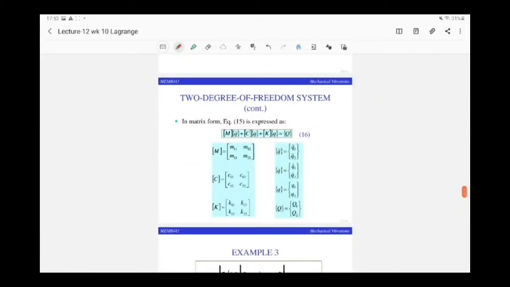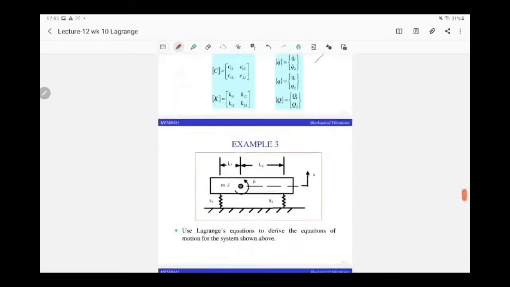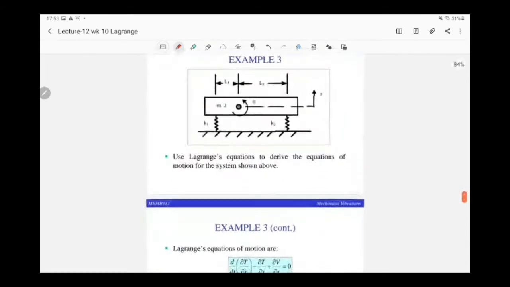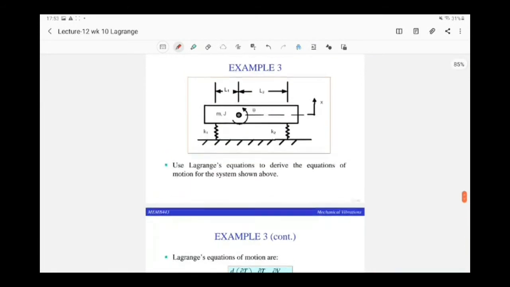So this is how it looks, because in a 2 degrees of freedom system, you may want to write it in matrix form. Your EOM will be in matrix form. We go straight to the example, so it'll be easy for you. So we want to use Lagrange equations to do this. Normally to derive equations of motion, you do need to draw the free body diagram if you're using Newton's second law, but in Lagrange equations, you just identify the